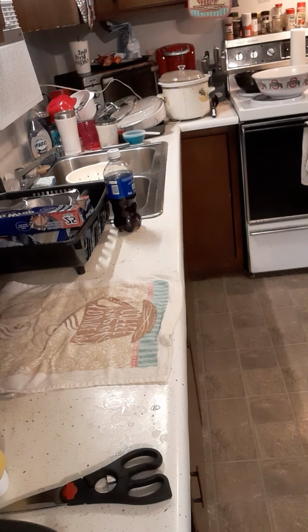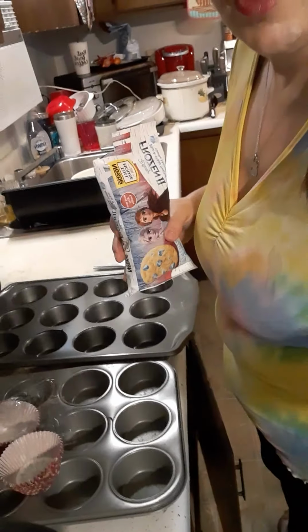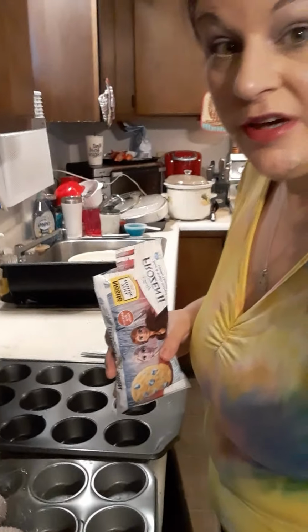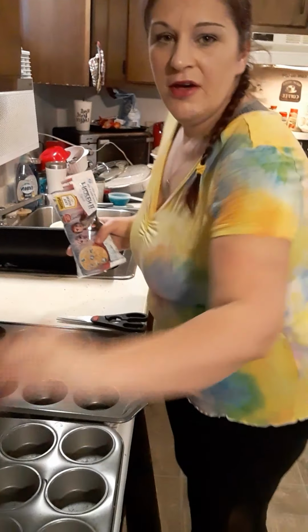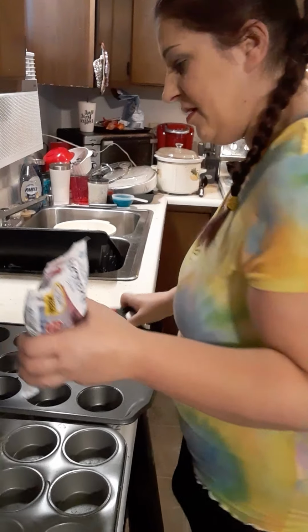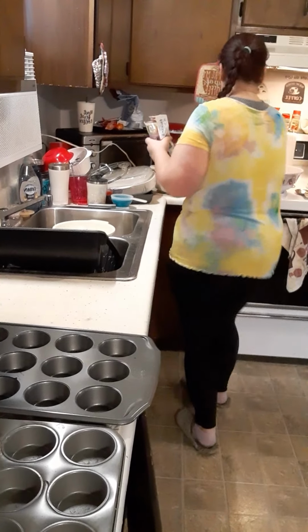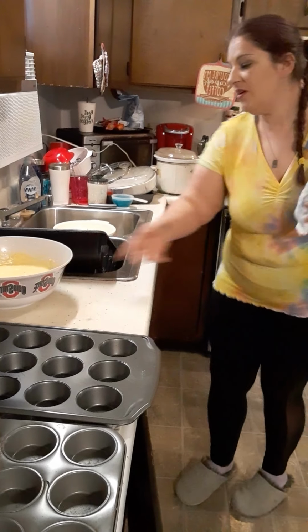Cupcake holders, where are you? Let me pause this, guys, while I find my cupcake holders. Okay, unfortunately, all I could find was Christmas ones. But you know what? Who cares? You're just going to rip it off and throw it in the trash anyways, right? So, oh well. So I made white cake mix